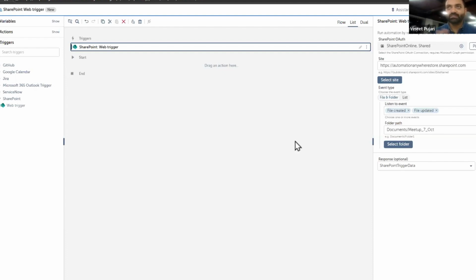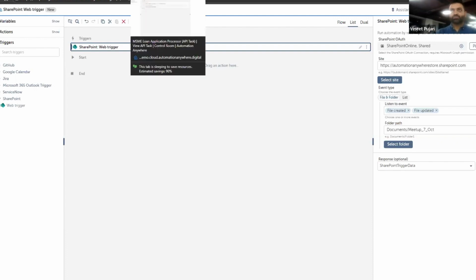All right. So that's the SharePoint web trigger inside of an API task. You can configure it exactly the same way inside of your bot task as well. Right. Now, next, what I want to show you is